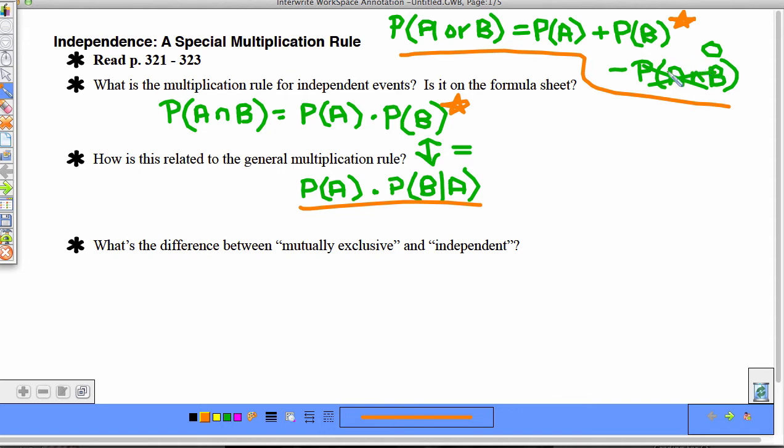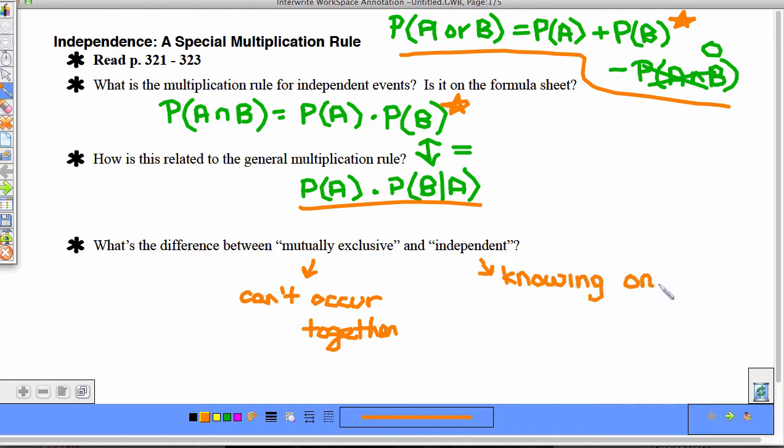Okay, what is the difference between mutually exclusive and independent? They do not mean the same thing, and oftentimes people confuse them. Mutually exclusive means that they can't happen at the same time, or they can't occur together. And independent means knowing one does not affect the probability of the other. So knowing the occurrence of one event doesn't affect the outcome of the other. So these actually do not have a lot to do with one another,